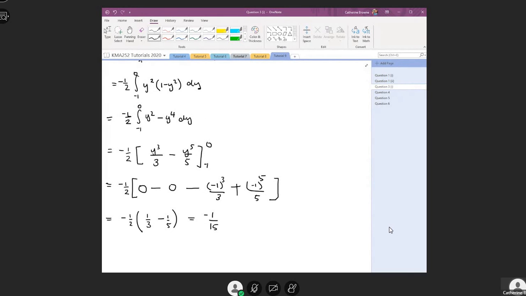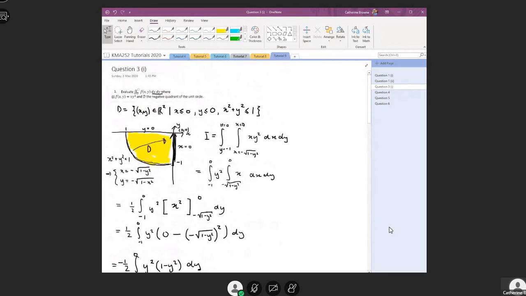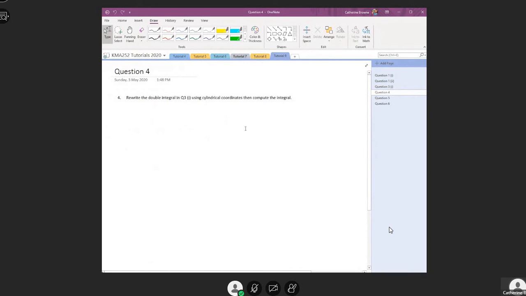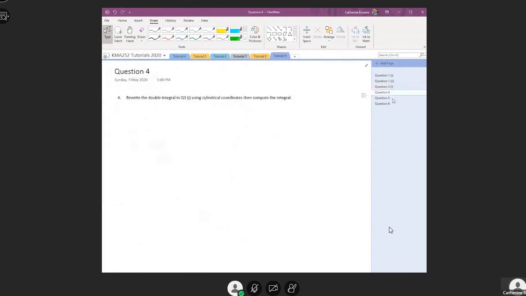No? So I'm not going to do another one. But I will now rewrite that integral using cylindrical coordinates, then compute the integral. So obviously, when you look at it, it's a quarter of a circle. Cartesian coordinates, I guess, doesn't lend itself as well as if we were going to use cylindrical coordinates. So in cylindrical coordinates, that same region,